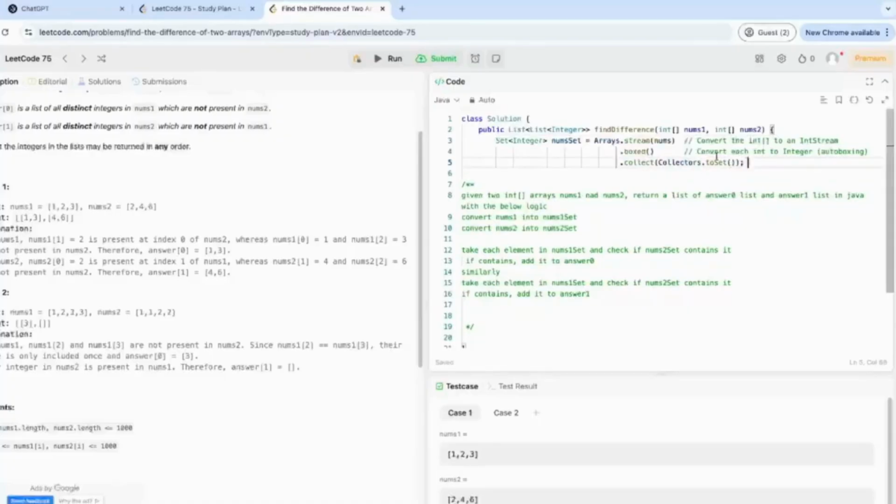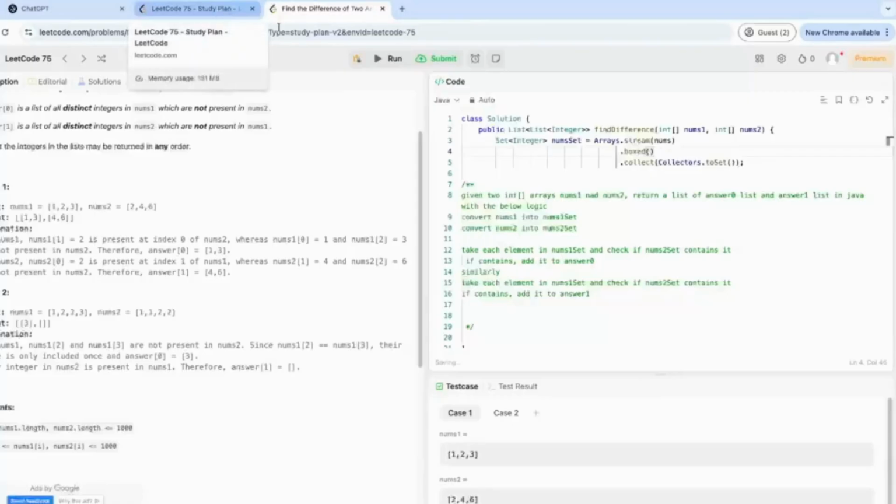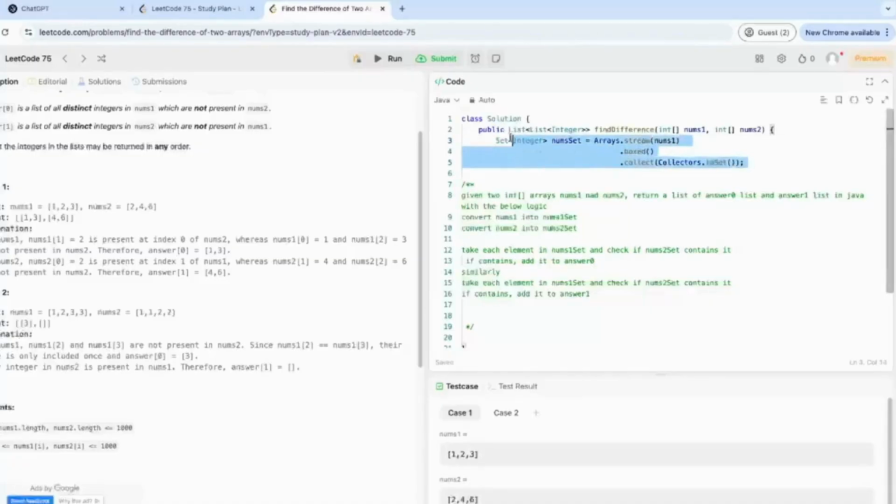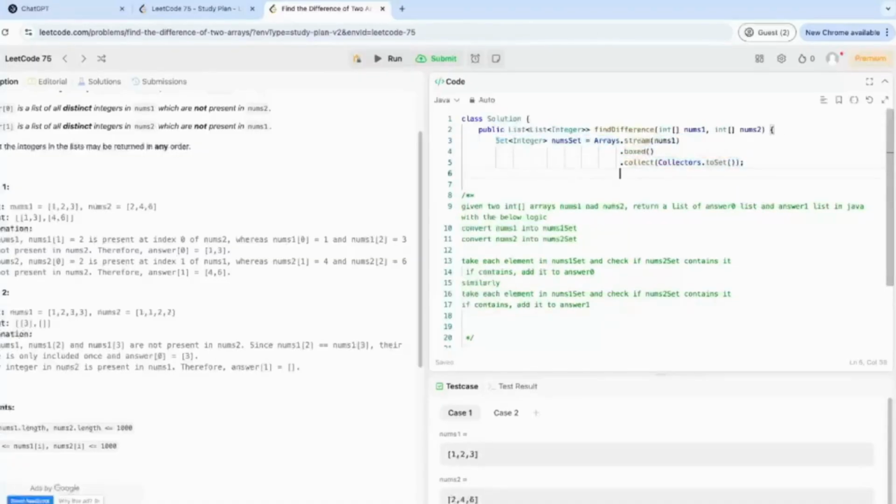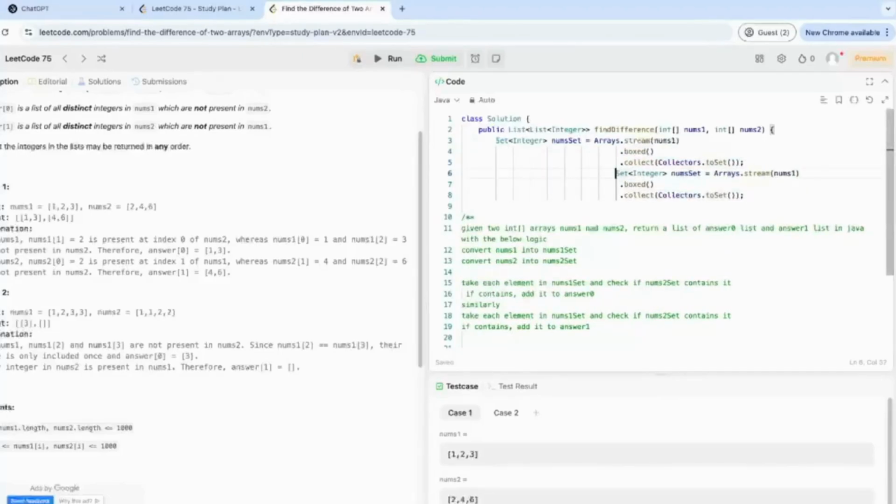Okay, so first let's create the two sets. Let's remove all these unnecessary comments. There is some formatting issue. Okay, I need to see what that is. And recreate it for the second one. Let's try to format it. Why is it not getting formatted? Okay, looks like